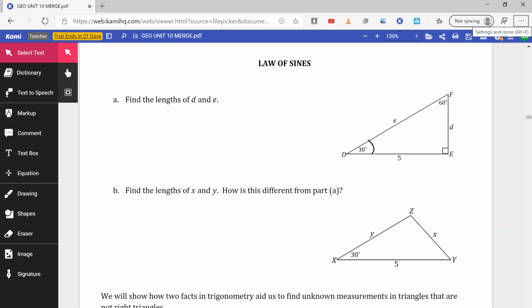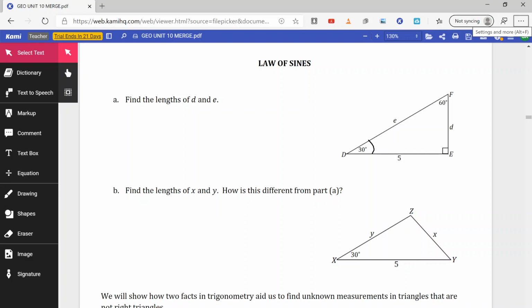When it comes to trig, we're going to see that there are a few laws that have been proven throughout the course of history that will work to our advantage. One of these is the law of sines. We'll get to what the law of sines is in just a moment, but for a little bit of